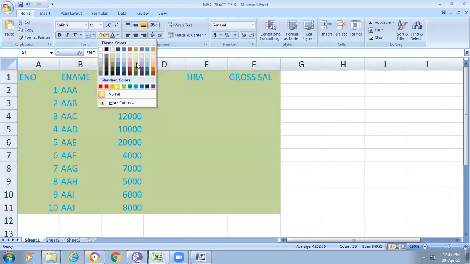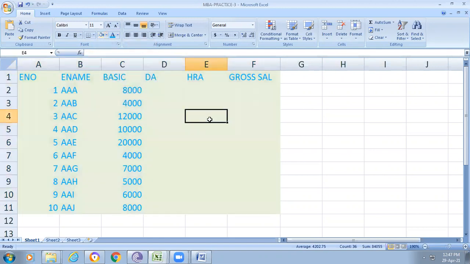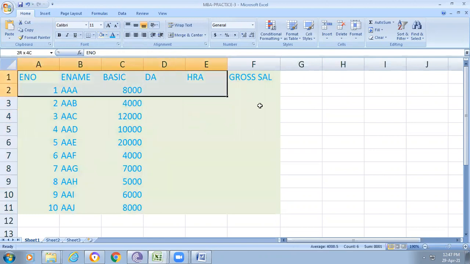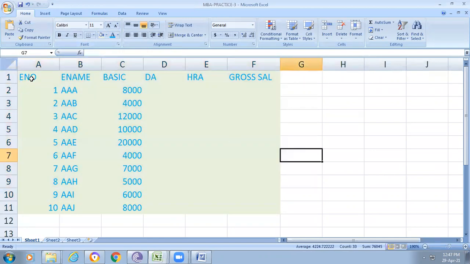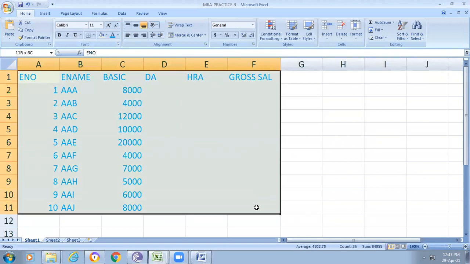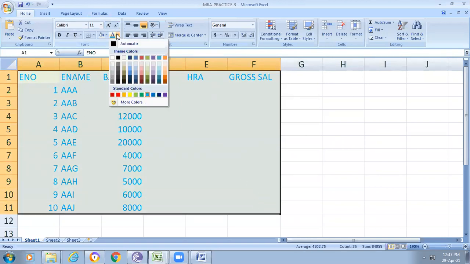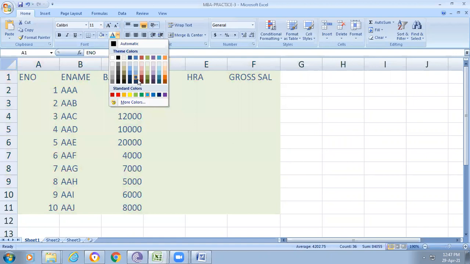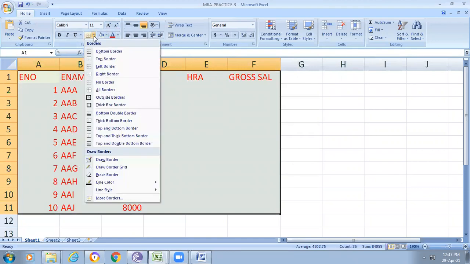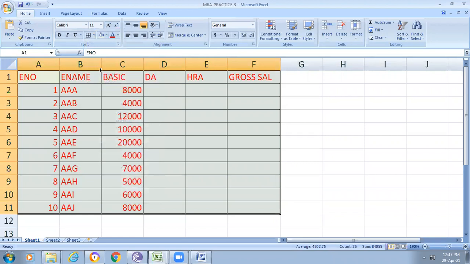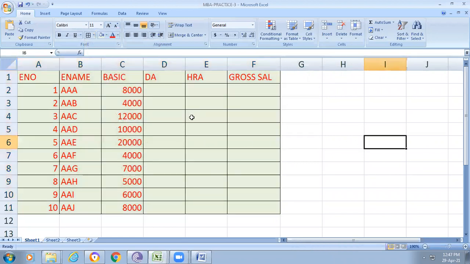Maybe it's not clearly visible, so I'll change the color back to normal. You need not do this, it is just one of the options. You can also use the border option. Select all borders, and then it will appear as a table.